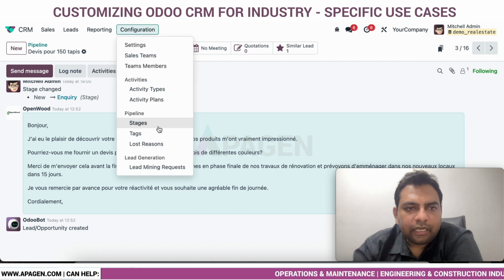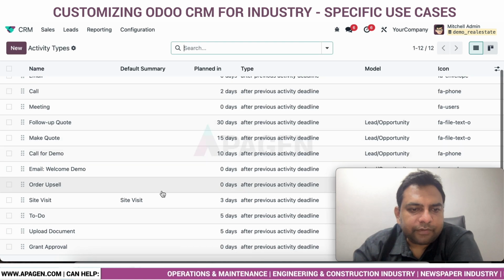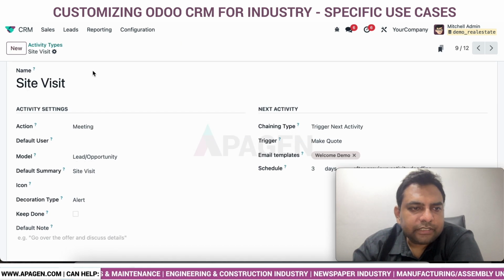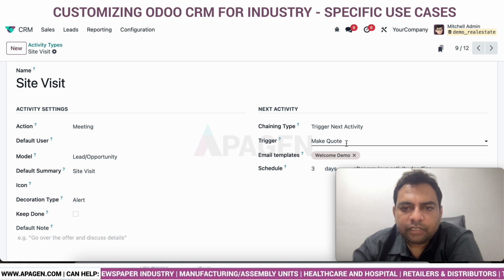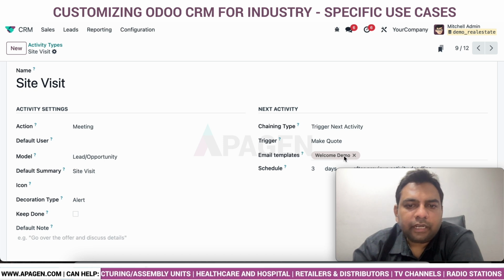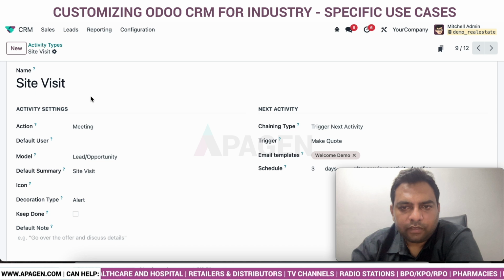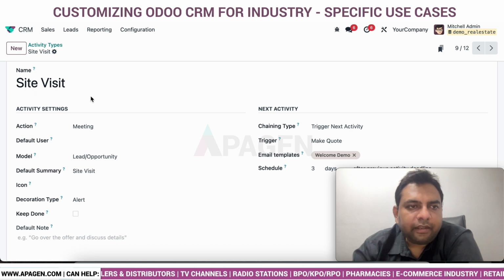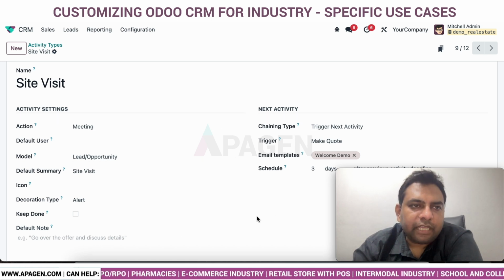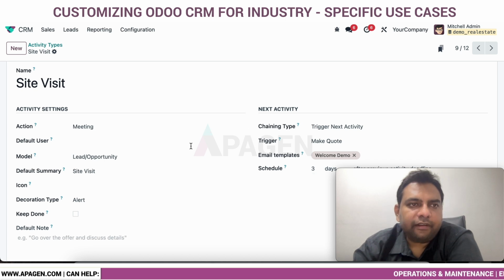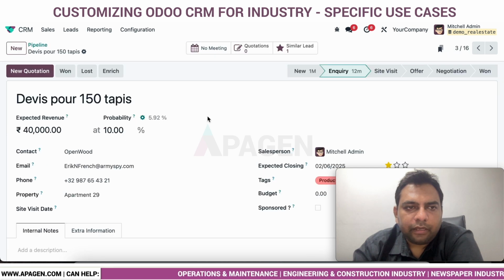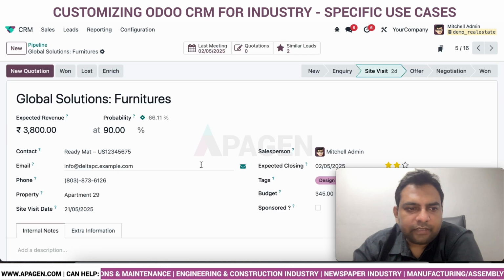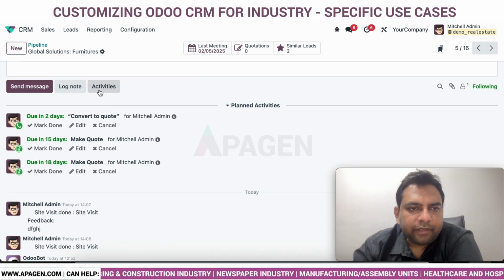Also, one additional example that we can do is to create automation actions according to your requirements. So for example, I want to create an activity type, let's say a site visit. So this site visit, which is an action of a meeting, can automatically trigger a code creation and generate a welcome email to the client 3 days after the schedule, which effectively means that I can create custom automated activities. I can trigger automated emails based on the activity types that I create. An example could be, in any specific inquiry or site visit, if I create an activity,